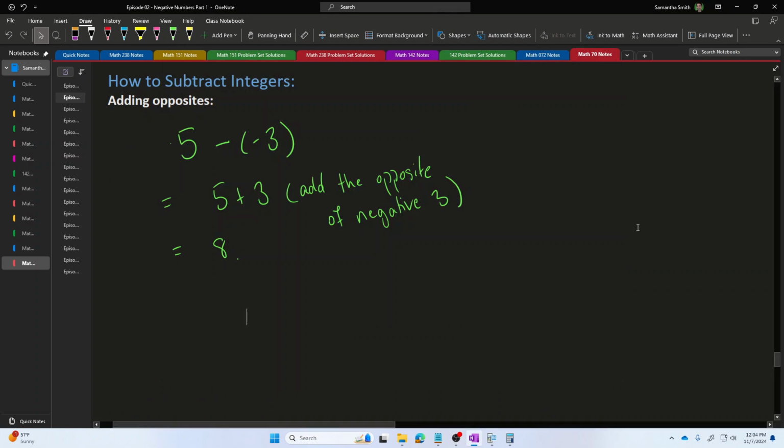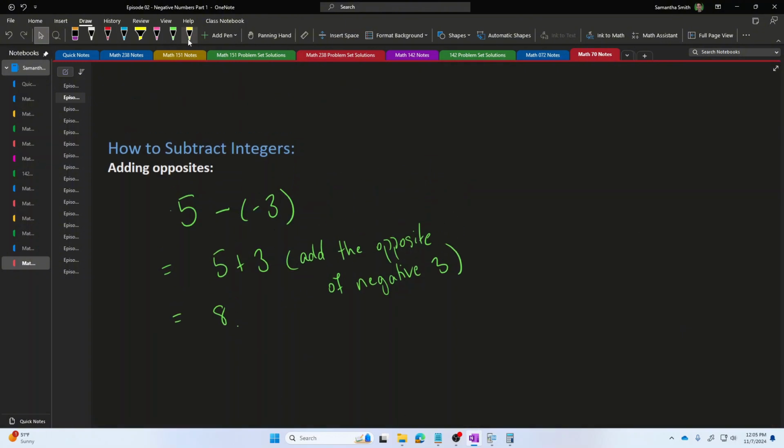Now let's think about this from the perspective of money, and let's see why this kind of thing makes sense. If I'm doing 5 minus negative 3, what I'm essentially doing here is removing a debt. Someone just comes along and says, hey, I'm canceling your student loan debt. I'm canceling your credit card debt. This debt is removed. I am a very happy person if my debt is removed, because if my debt is removed, I'm going to be better off than I was when I started. If I remove a debt, that is good for me. That has a positive effect.